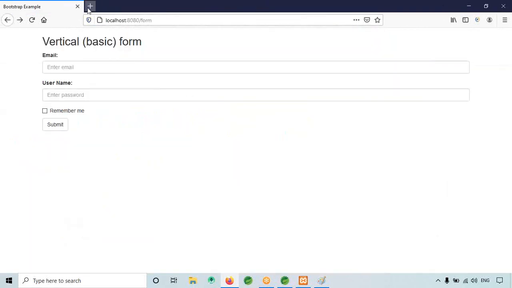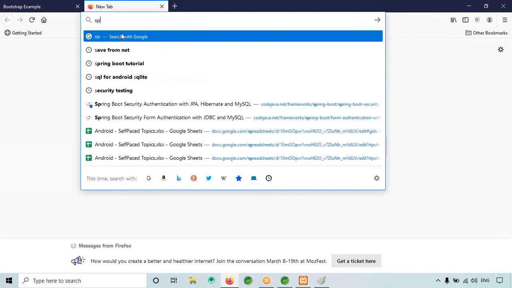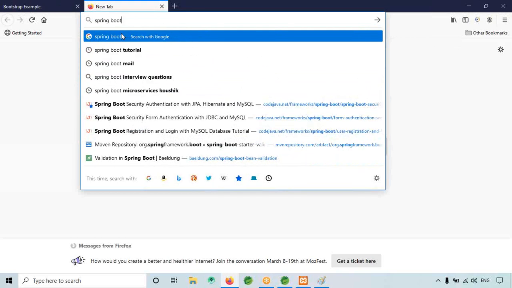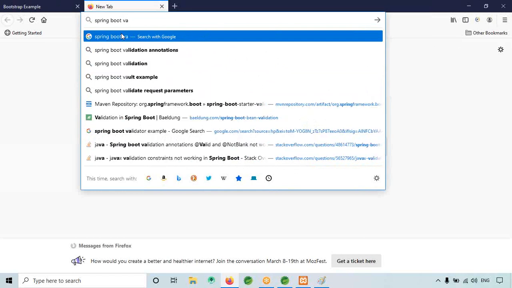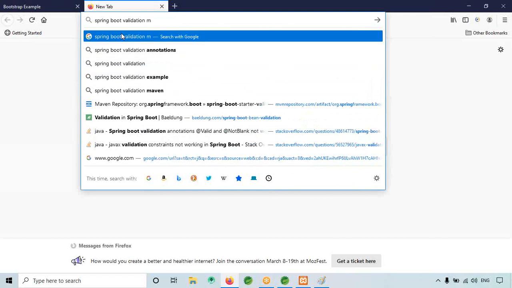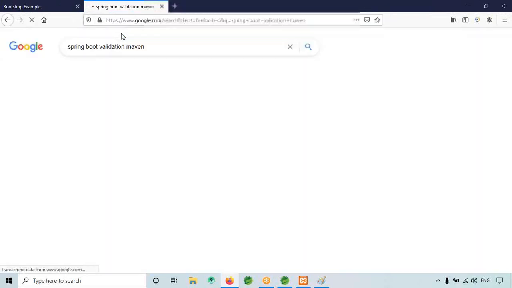Now here we want Spring Boot validation, Maven dependencies, we wanted this.